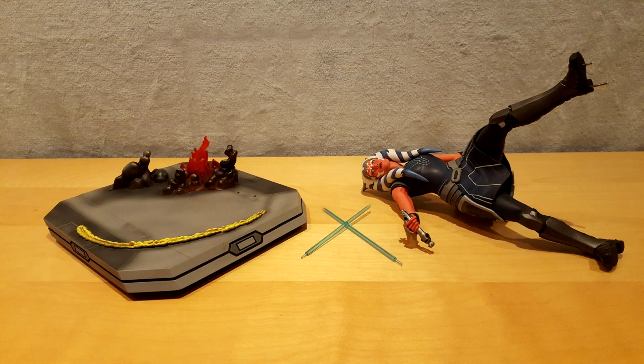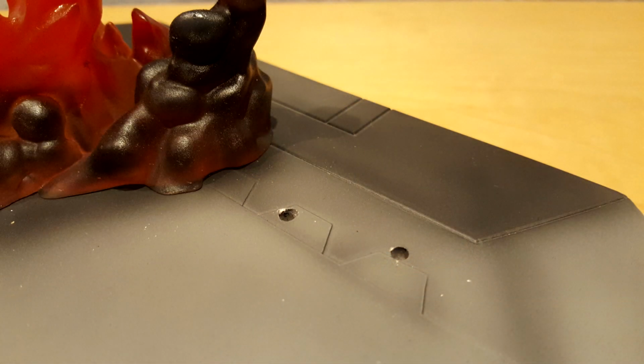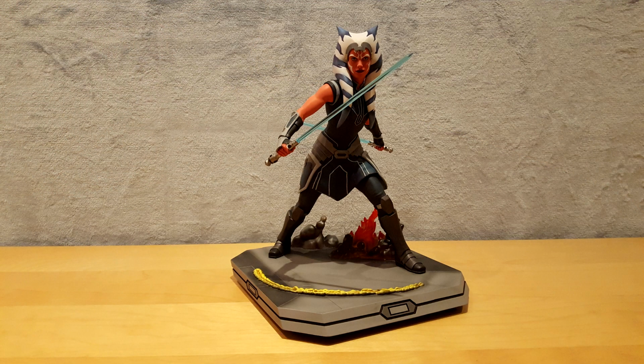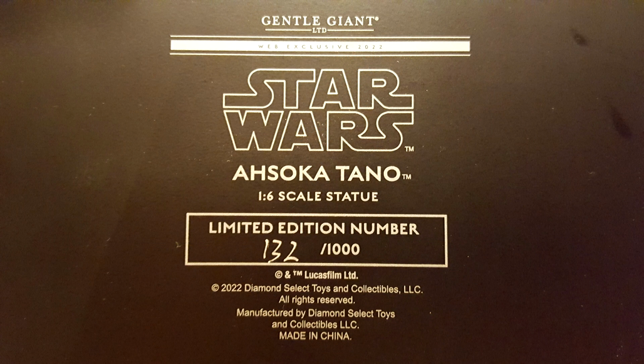The assembly is relatively simple. All you need to do is align the two pegs located under Ahsoka's left boot with the two small holes on the base. Once you are done, you can insert the longest blade on the front and the smallest on the back. Below the base, you will find the copyright, the name of the manufacturer, the web exclusive mention, and the location where it was made. You will also see the number of the piece. In this case, I have number